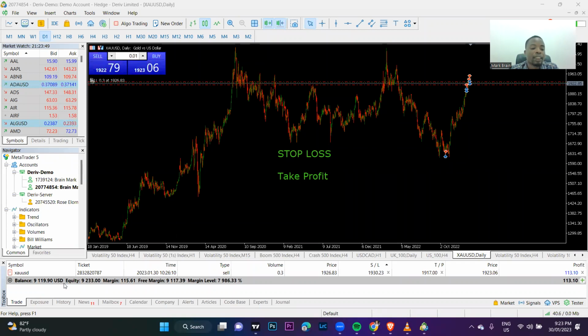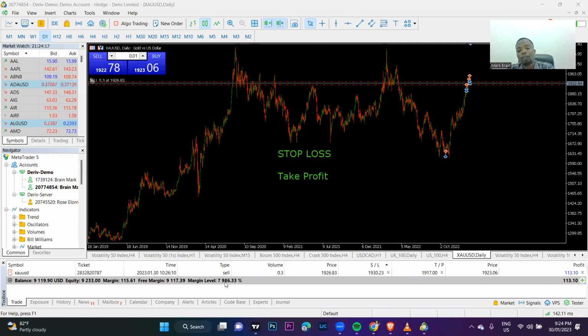9,119.90. That's the balance. And then the equity is actually 9,032.10. Okay. Then we have a margin of 115.6. Then we also have a free margin of 9,117.3. You also have a margin level of